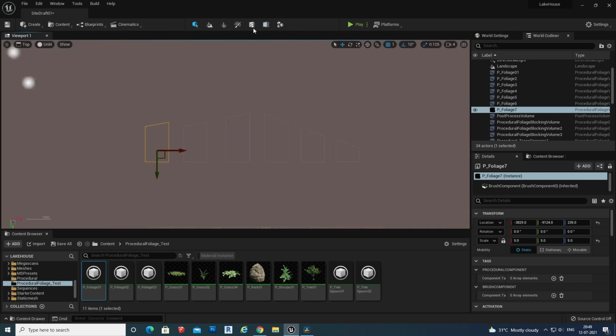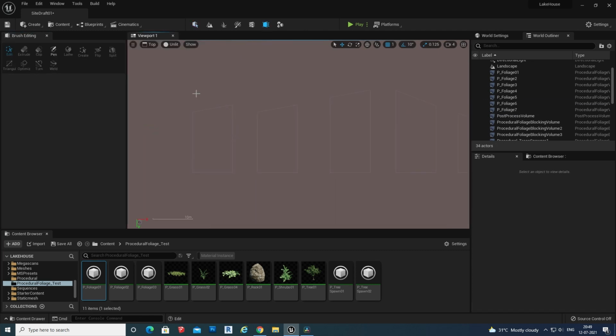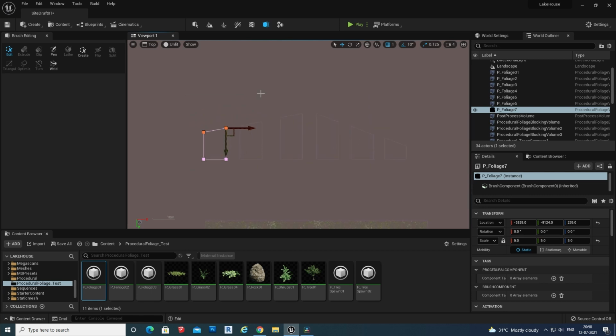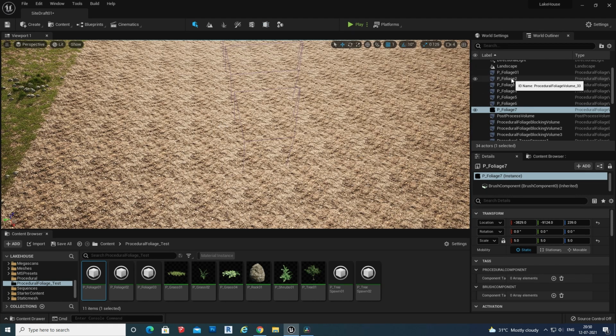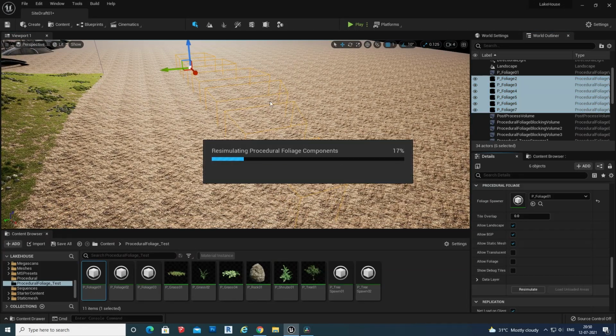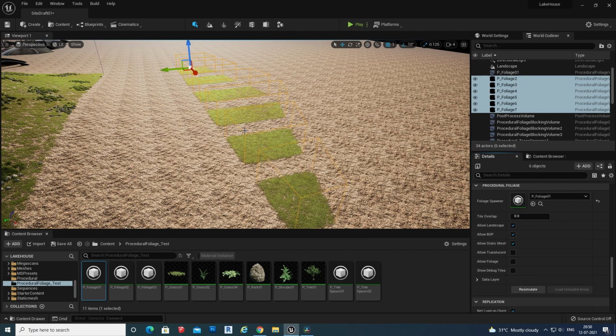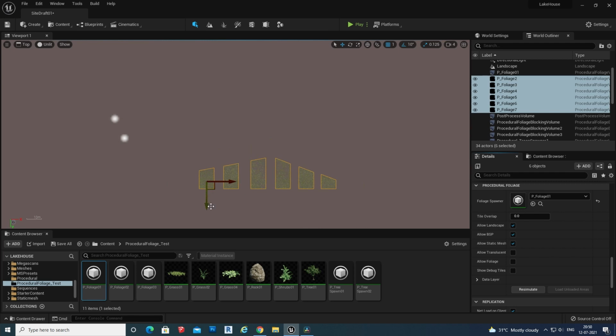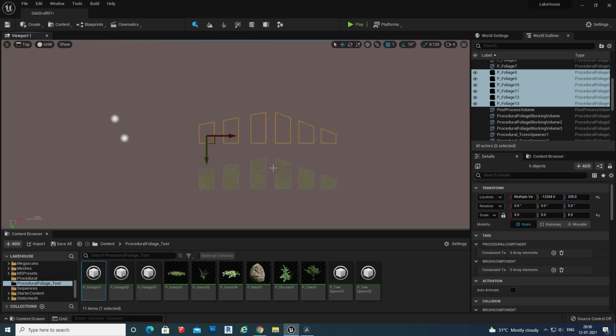Like for example, here I have created some pattern with the volumes. I'm resimulating that. If you create this pattern, you can reuse it in many areas and you have a flexibility to swap the foliage.